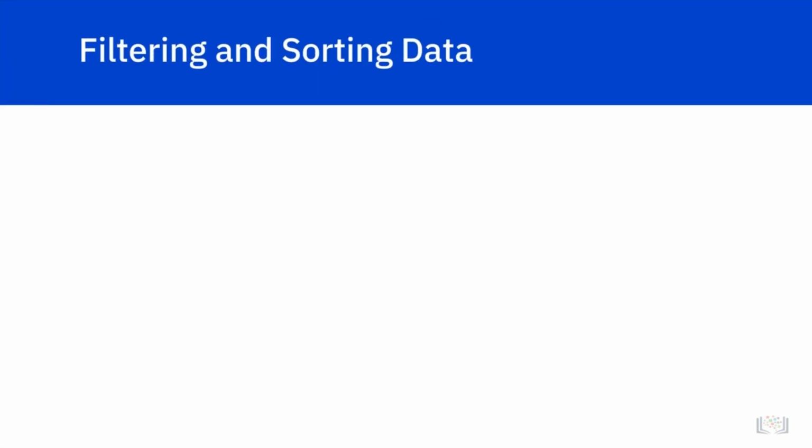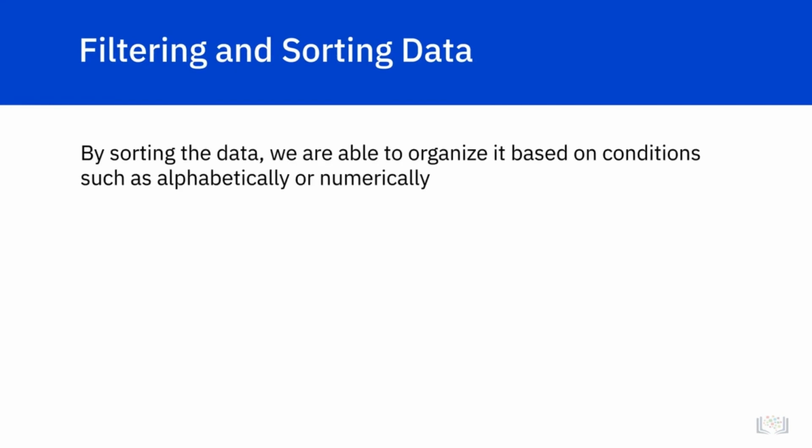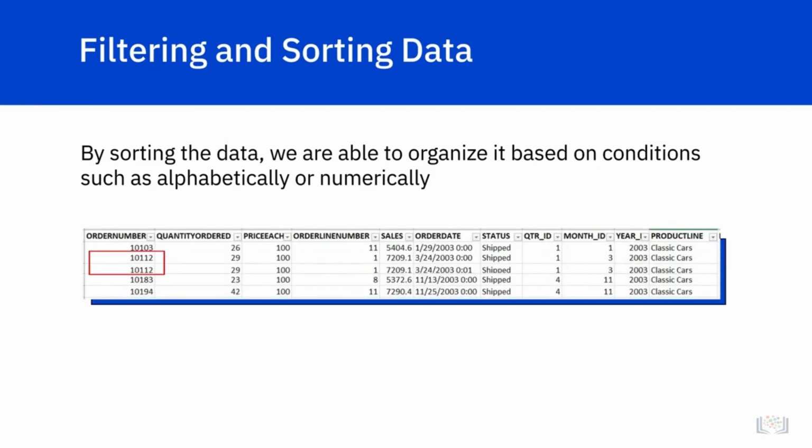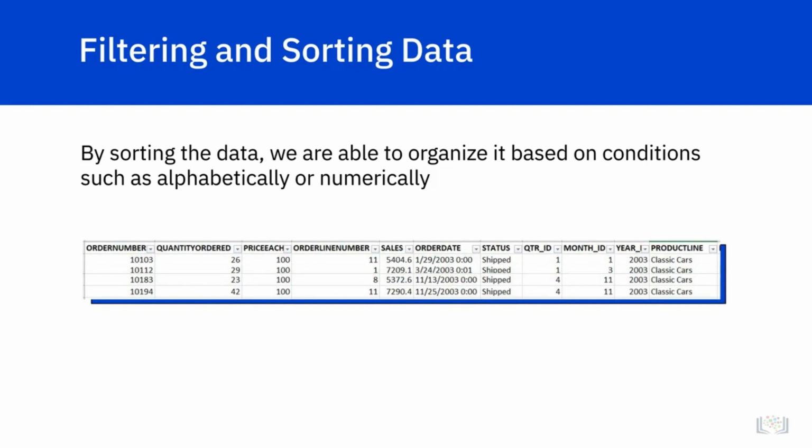The most basic step would be to filter and sort the data. By sorting the data, we are able to organize it based on conditions, such as alphabetically or numerically. For example, if we wanted to check for duplicate order numbers, we could sort the data and quickly see any duplicates. After sorting and removing the duplicate row, we find that the view needs to be more specific to meet